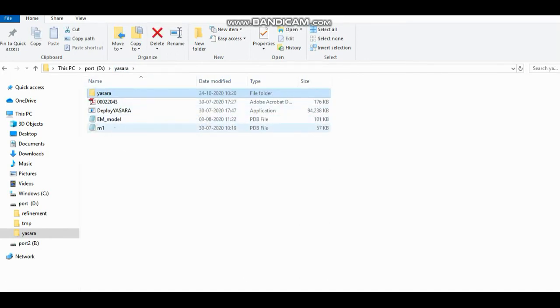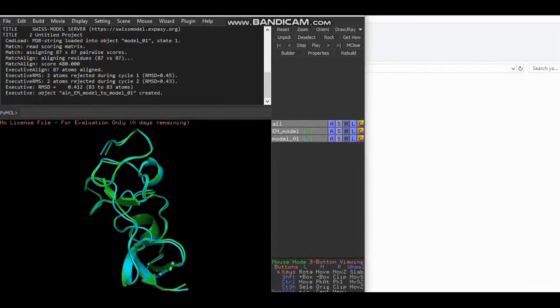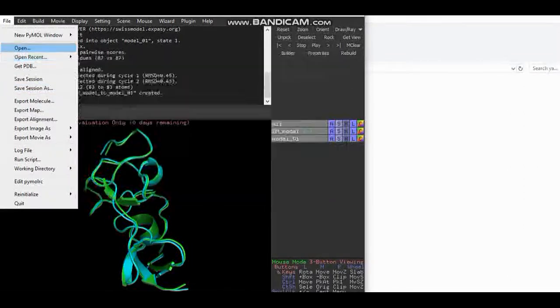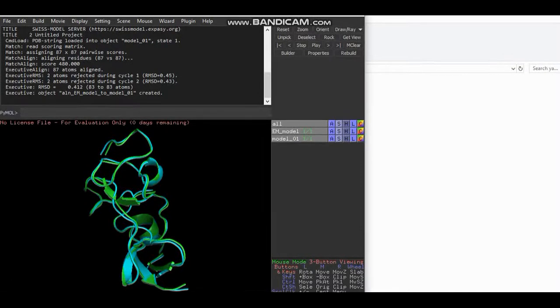You can see that M1 is the model before energy minimization, and EM model is the model after energy minimization. Now we are going to calculate the RMSD value in PyMOL. After opening PyMOL, go to File, Open, and choose the two files, the energy minimized EM model and the model before energy minimization.